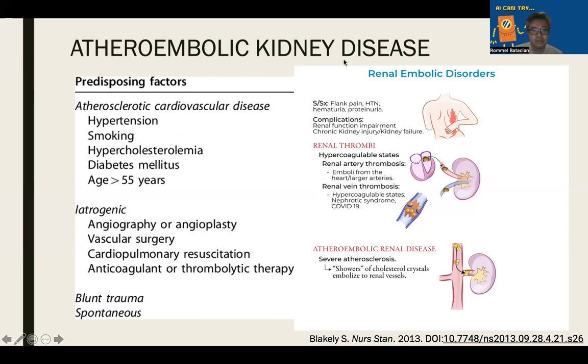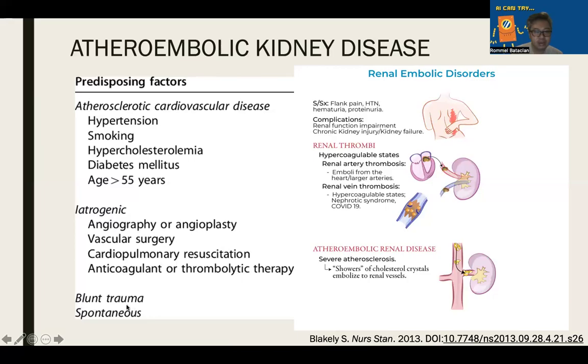Atheroembolic kidney disease. So emboli can also occur, because there are vascular structures in the kidney. So there are risk factors, the same as in typical cardiovascular or peripheral vascular disease. But a very common history in why atheroembolic kidney disease occurs is that it is usually iatrogenic in nature. So someone had an angiography, or vascular surgery that led to a thrombus breaking down, migrating to and getting stuck in a renal blood vessel, leading to atheroembolic kidney disease.